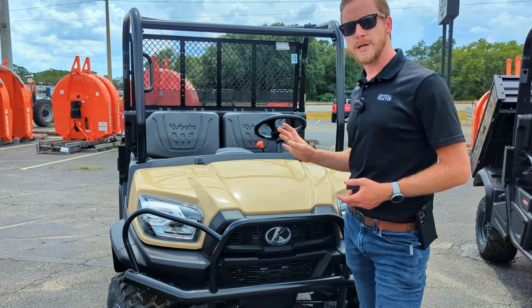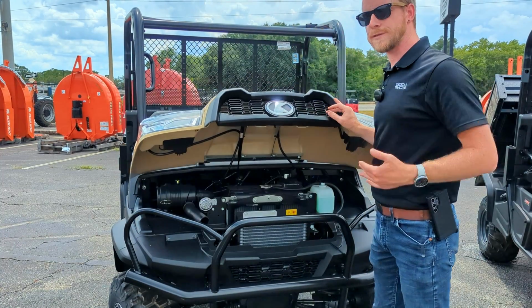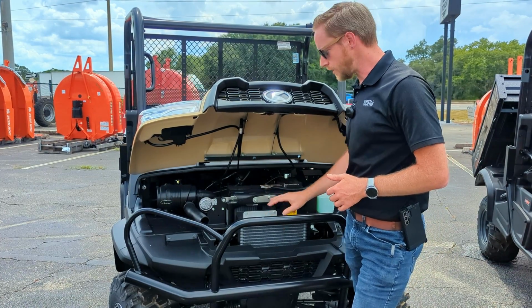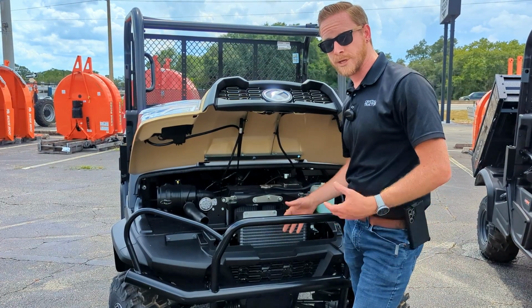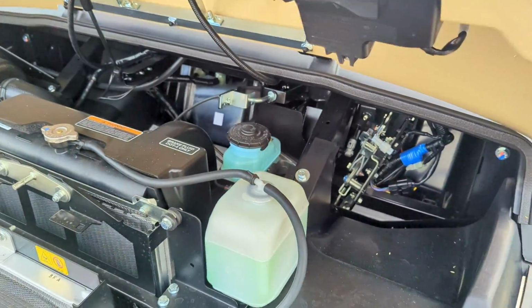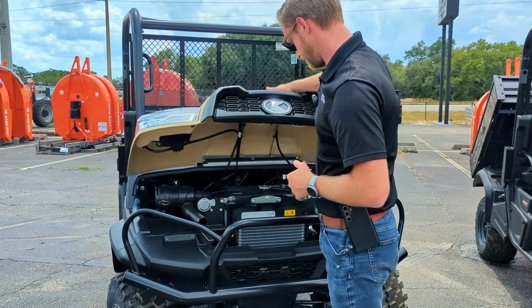Coming around to the front, it's also easy to maintain your cooling system. So we'll find a little latch right here that actually opens up the front like an automotive style hood, and inside we'll find our radiator and oil coolers, both of which are going to feature a pre-screen that'll help keep debris from getting into your radiators and clogging those up, hurting your cooling performance. You'll have your brake fluid reservoir over here, and on the left we'll also find our air filter, easily replaceable